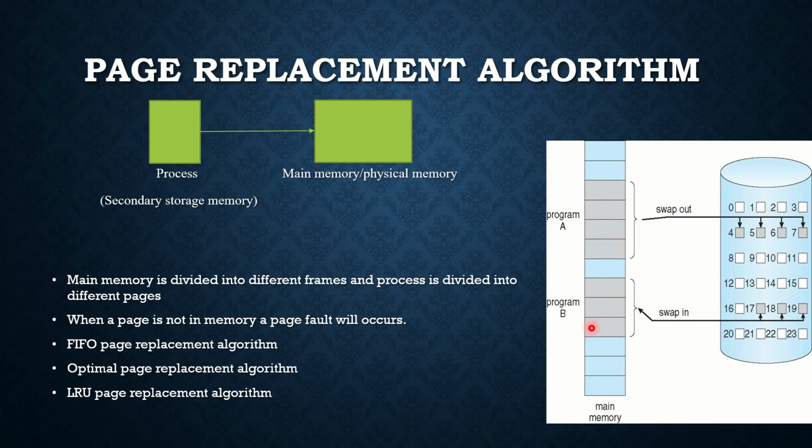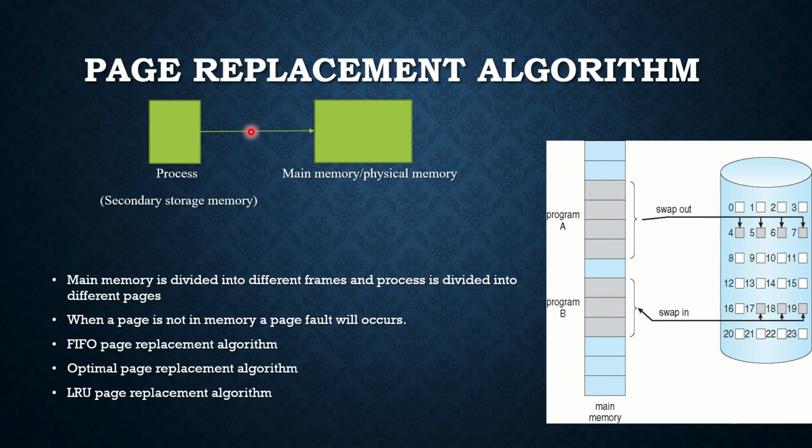So in that case, it will be searching the secondary storage device and swapping in, or copying, that page to the main memory. When it is trying to copy to the main memory, if there is no free frame, then the CPU will use an algorithm called a page replacement algorithm. That is, there is no place to copy the pages requested by the CPU, so it has to free some frames. On what basis is it going to free those frames? They find that out by using the page replacement algorithm.